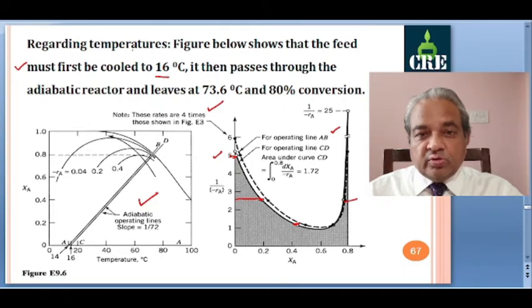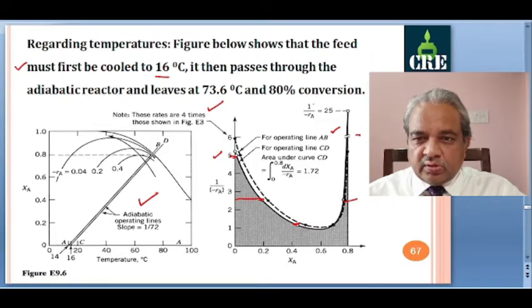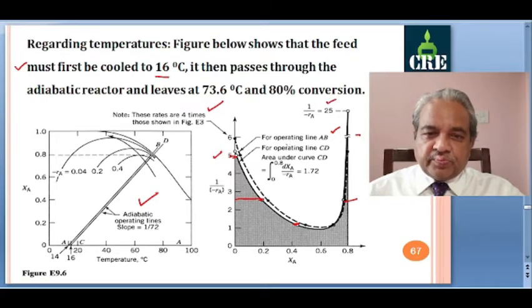So all these calculations also you can check from referring to the previous problem. We have done it in two problems. So this particular area under the curve, okay, this is between 0 to 6, and this is extended further. So there is a break discontinuity here, and the last value is for 1 upon minus RA is 25.